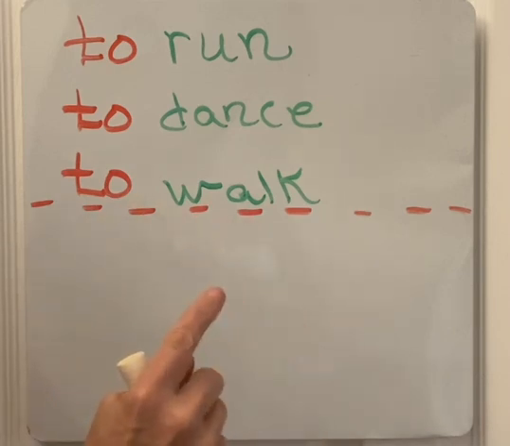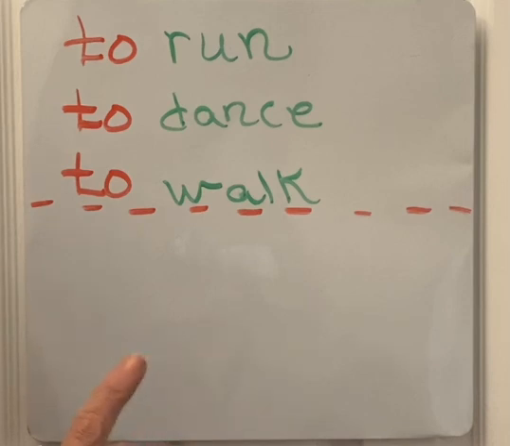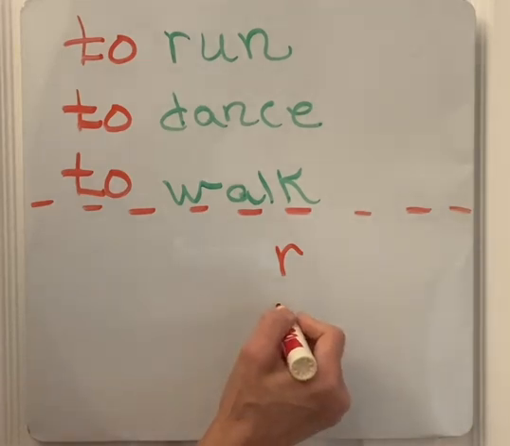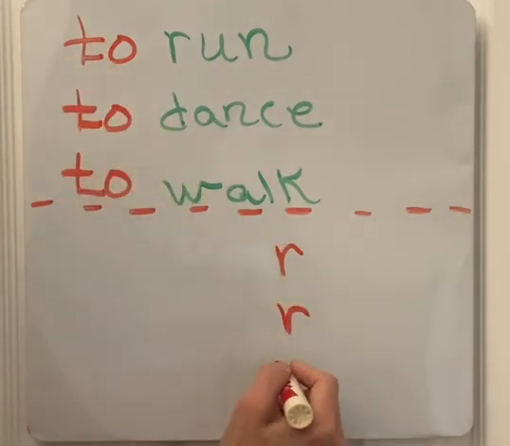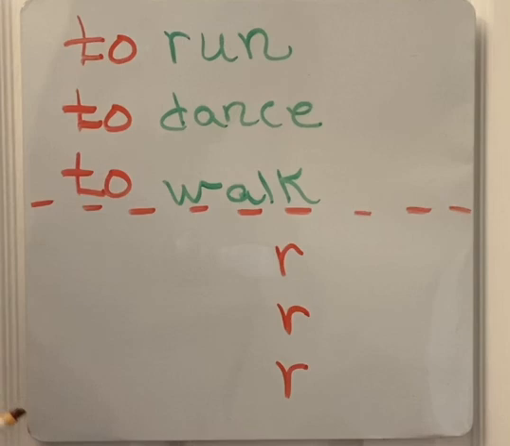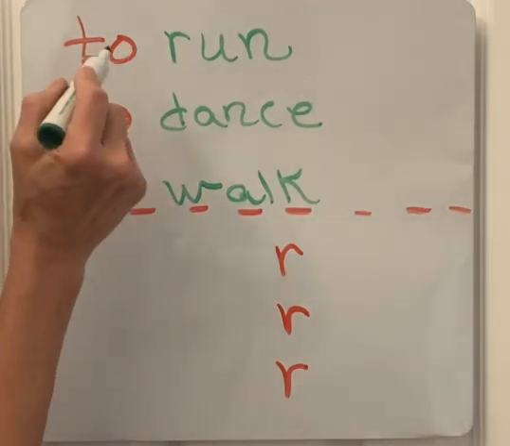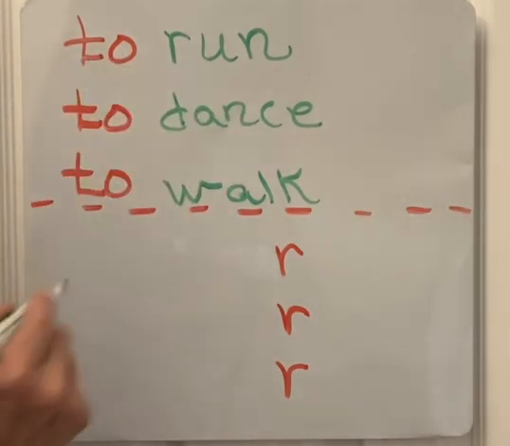We don't. We do that in one word, and that verb ends in an R. So we're going to do all 3 so that you see what I'm talking about. So to run would be